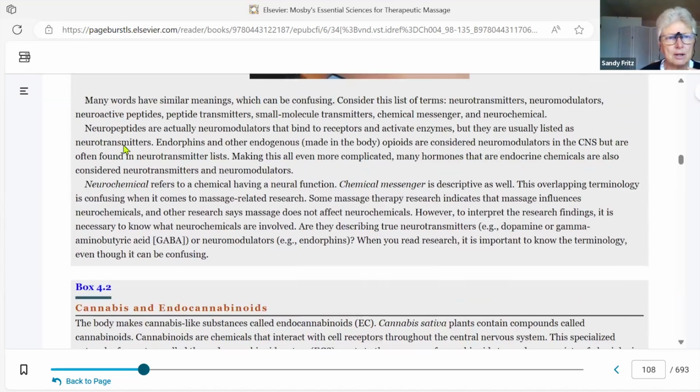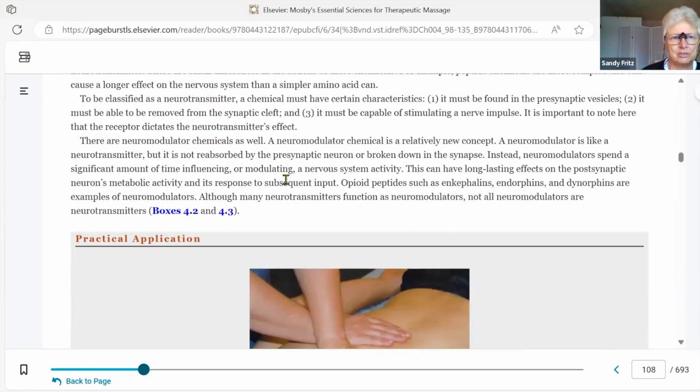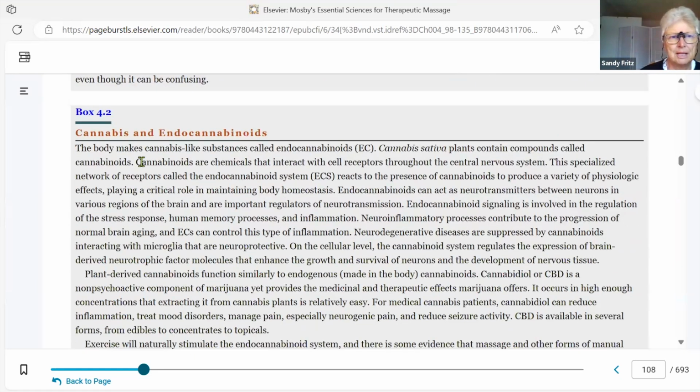So I like to talk about the neurochemical soup and how our homeostasis is monitored by how that soup is seasoned. And so this particular practical application talks about that. This is a box on endocannabinoids, cannabinoids, and